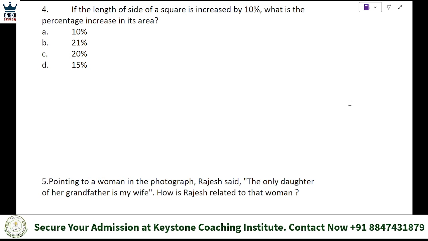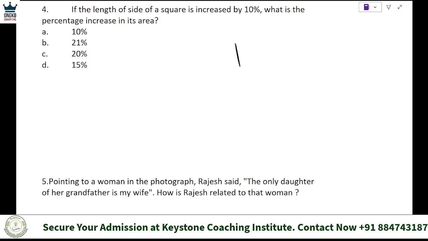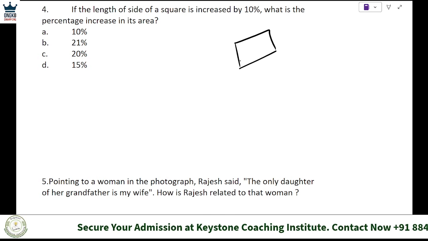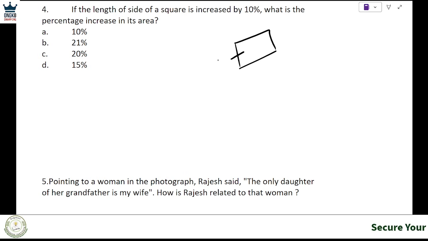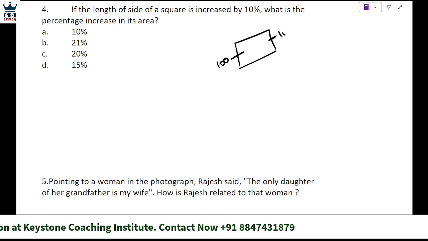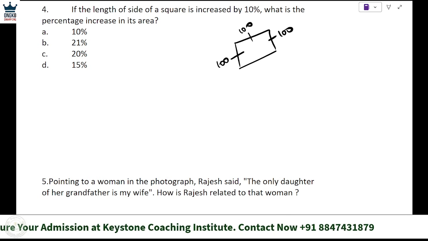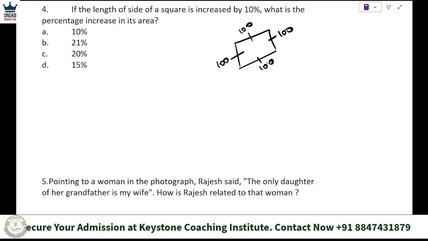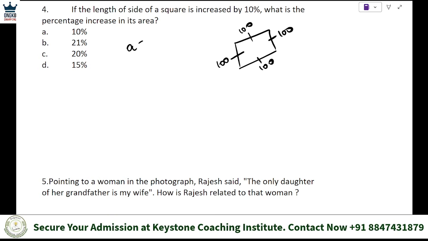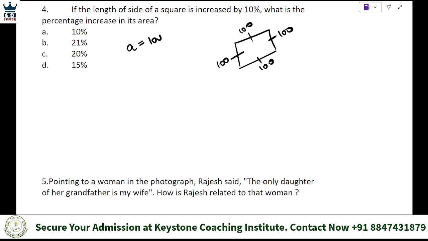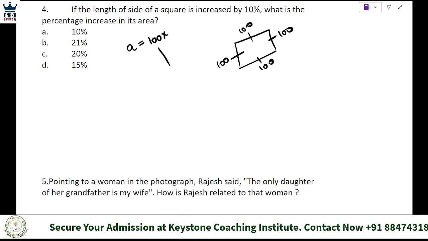So let's say we know square means all sides are equal, right? Square means all sides are equal. If this is, let's say, we can assume any number. So if we say this is 10, or maybe let's say 100, then this is also 100, this is also 100, and this also 100. So let's say length is side, which is a, right? In square we use a, right? So a is equal to 100x. And if this one was increased by 10%,